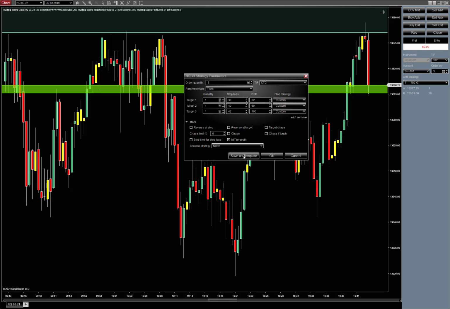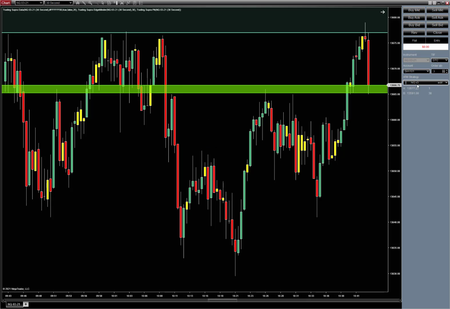And you can save that as a template, which is what I've done. I named it NQ times 3. And so those are the indicators that you want to have loaded. And then that's just a play-by-play walkthrough of how to create the ATM strategy that will at least get you stops on the screen so that you can then move them. And it will at least get you to your stops automatically going to break even